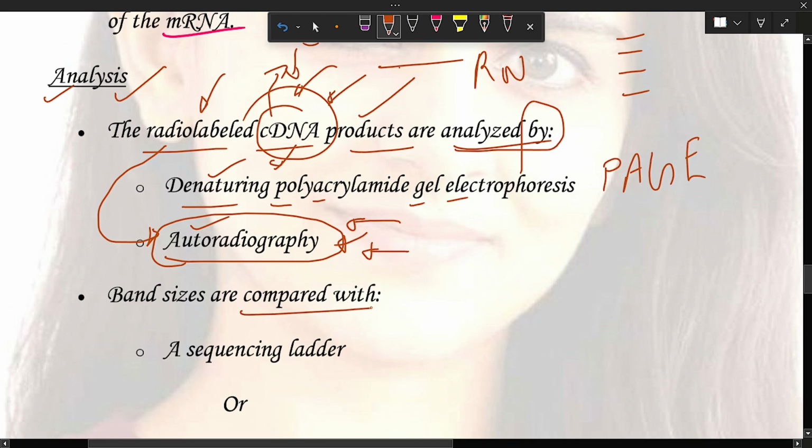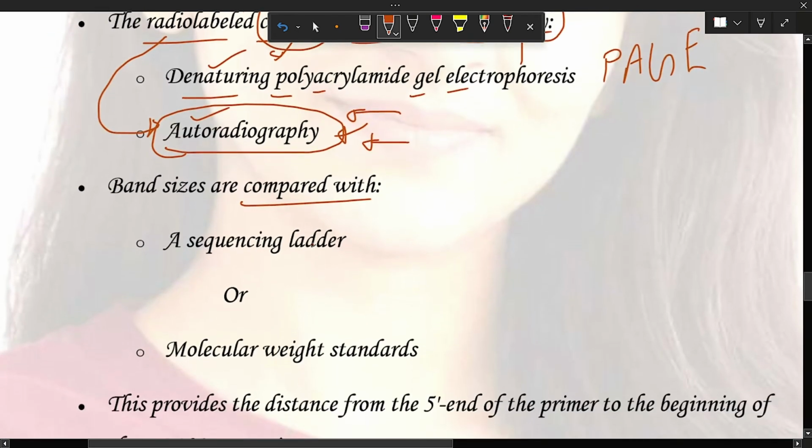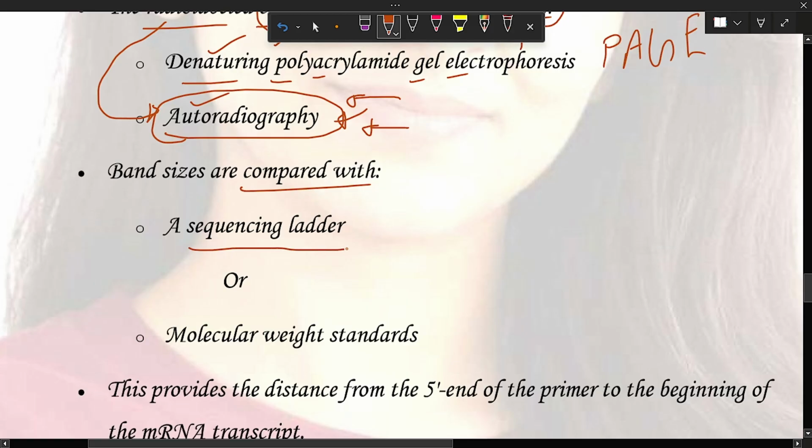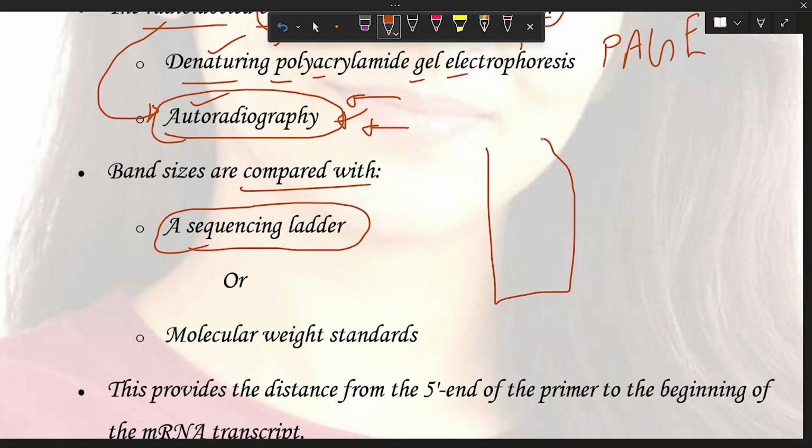Band sizes are compared with a sequence ladder. This means we already have some sequence or standard present with us, so we can compare, like a scale or a standard table.